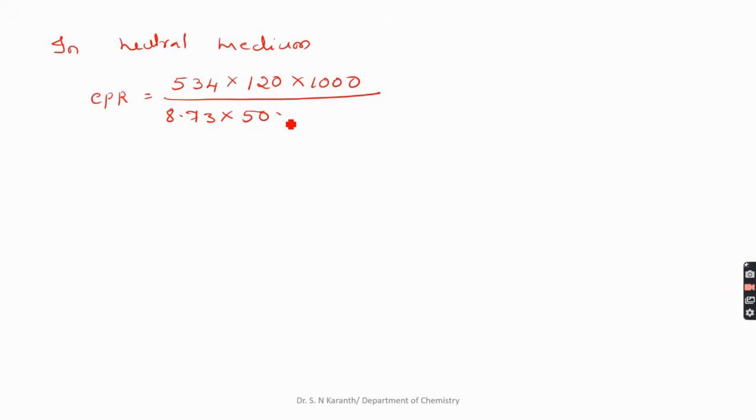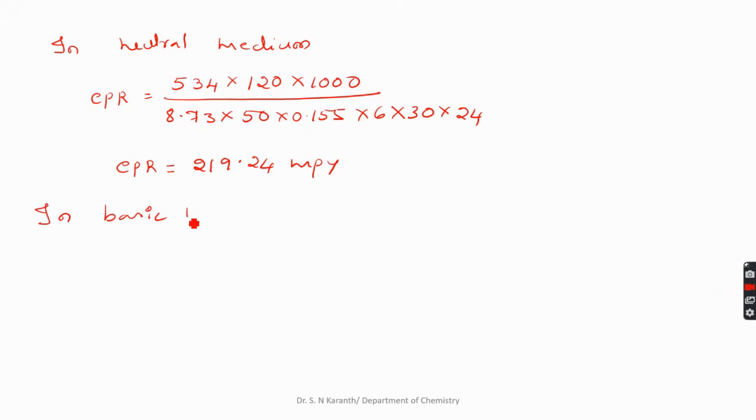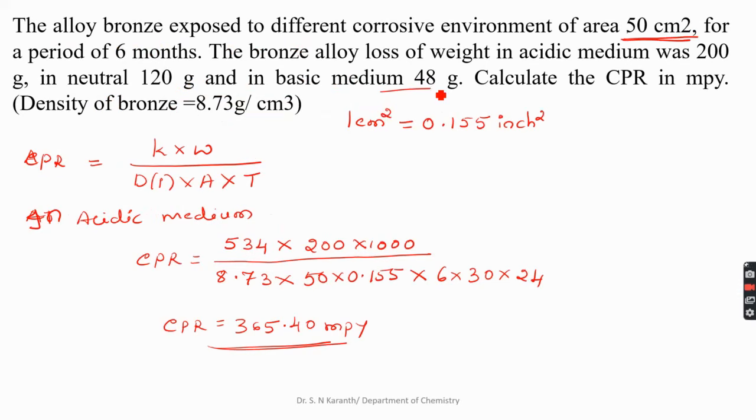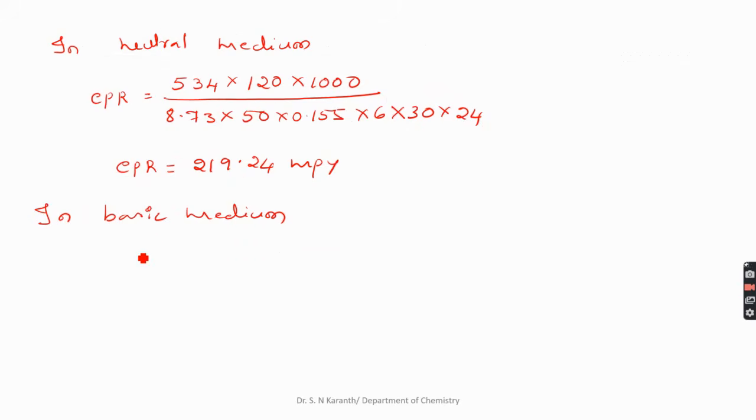8.73 into 50 into 0.155 into 6 into 30 into 24. So CPR in neutral medium becomes 219.24 Mpy. Then they given one more in basic medium. So in basic medium, the loss of metal we observed is 48 grams. Say CPR equal to 534 into 48 into 1000 divided by